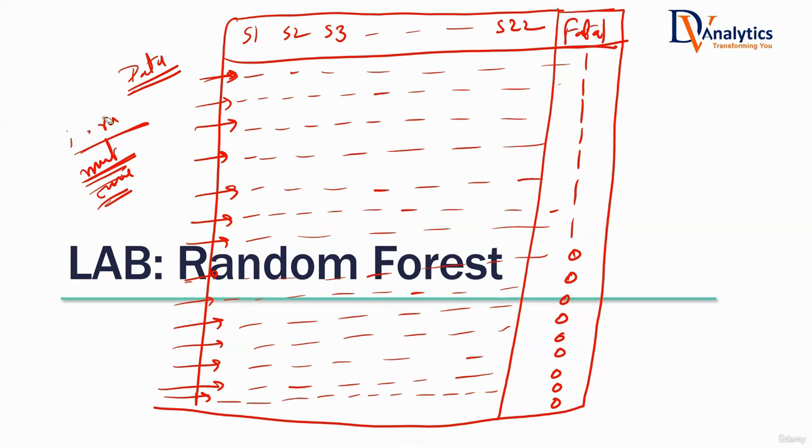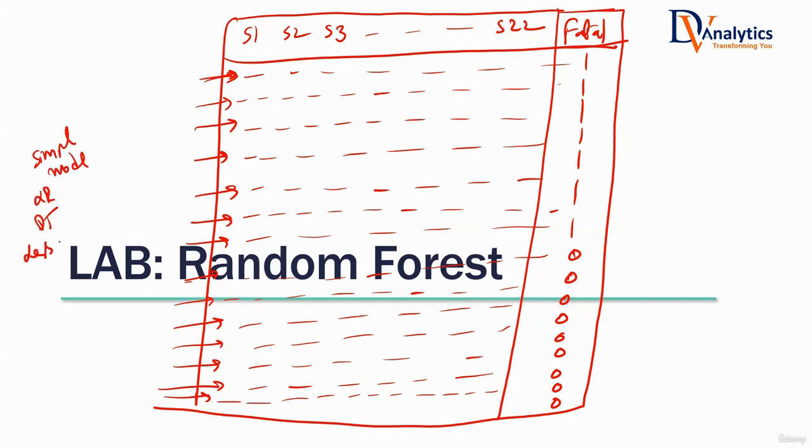Now tell me one thing. You have two options. Either you can build a very simple model, like logistic regression or decision tree, which will give you slightly less accuracy, but you can build them quickly. Or you can build a very complex model, which takes a lot of computation power, like random forest, but definitely it will give you more accuracy. Now, which one do you think Ford will prefer in this particular case?